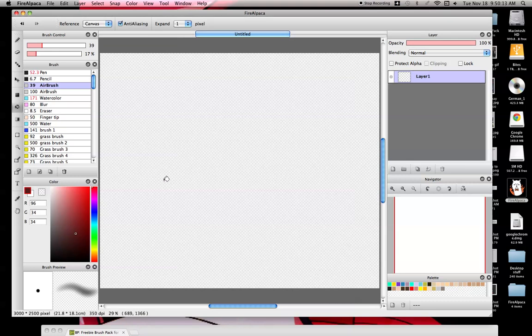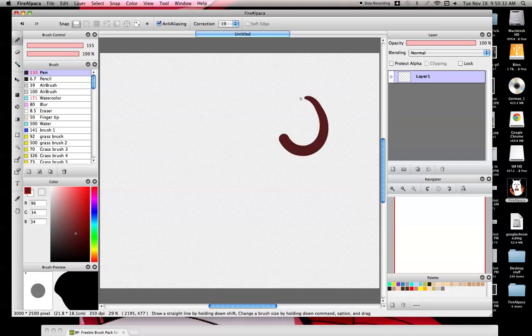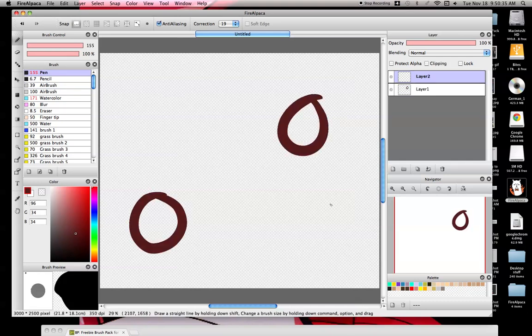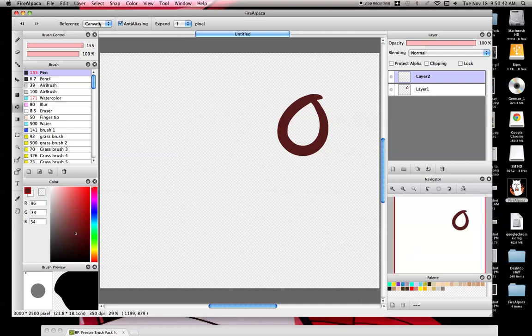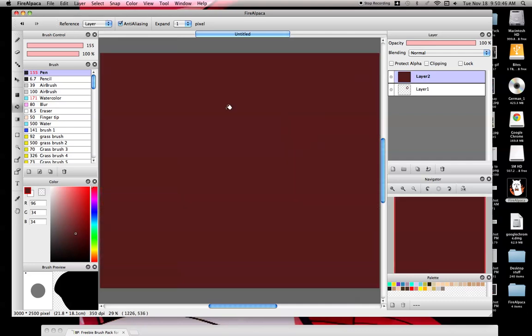Bucket. It's a bucket. You click on something and it'll fill in what it sees. That's something different from a few programs. When I used GIMP a few years ago, if you had a bucket tool and you were using it on a layer, it would only register to that layer. It would not register to the entire image. And this one, on the other hand, if I draw that, the bucket will respond to the entire image, not just the layer, unless you're asking it just to respond to the layer, in which case it'll only respond to the layer,